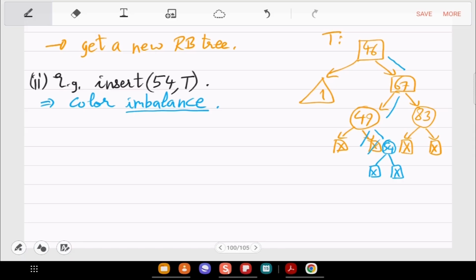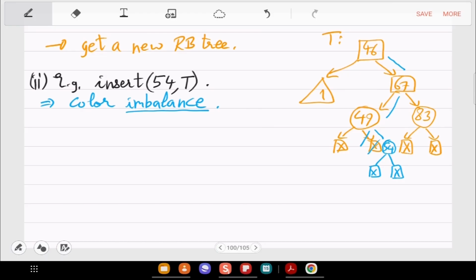Then we can try making 67 red, right? That will resolve the height imbalance on this path at least, but then it will introduce a height imbalance on the 83 side, right? So you make 83 black, then everything will be fine. Okay, so these are the steps.